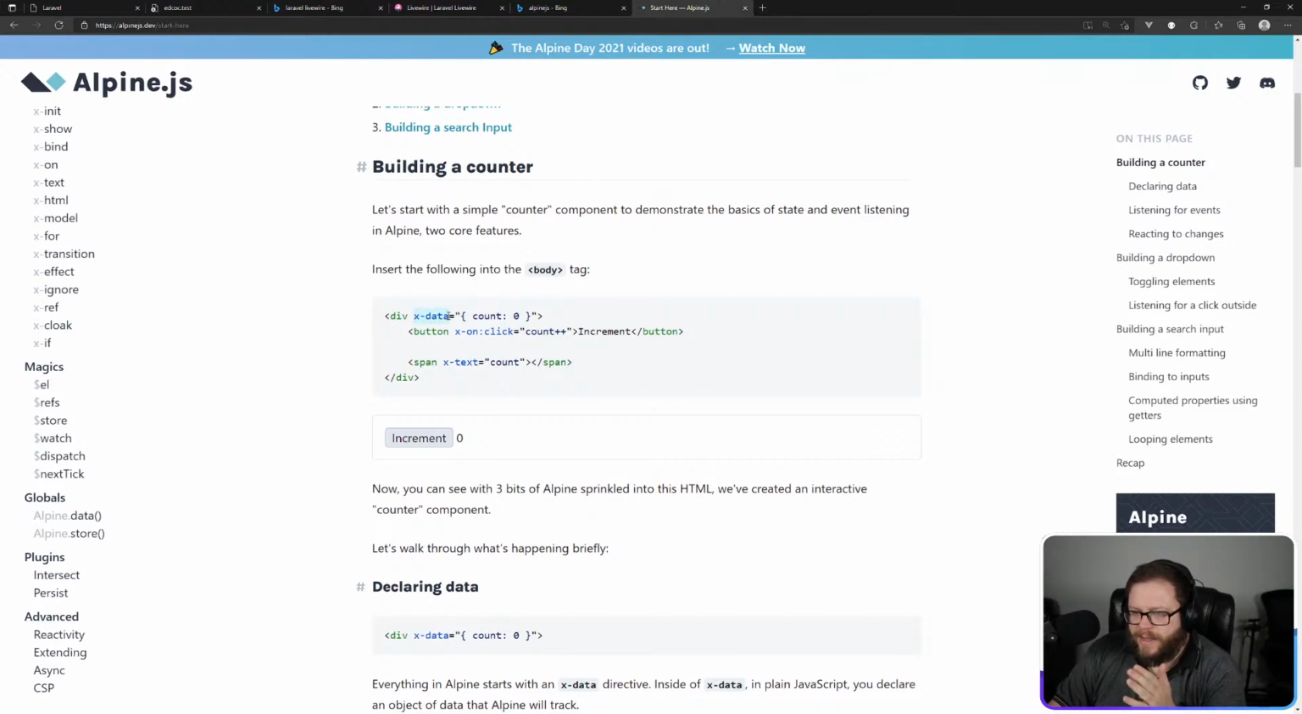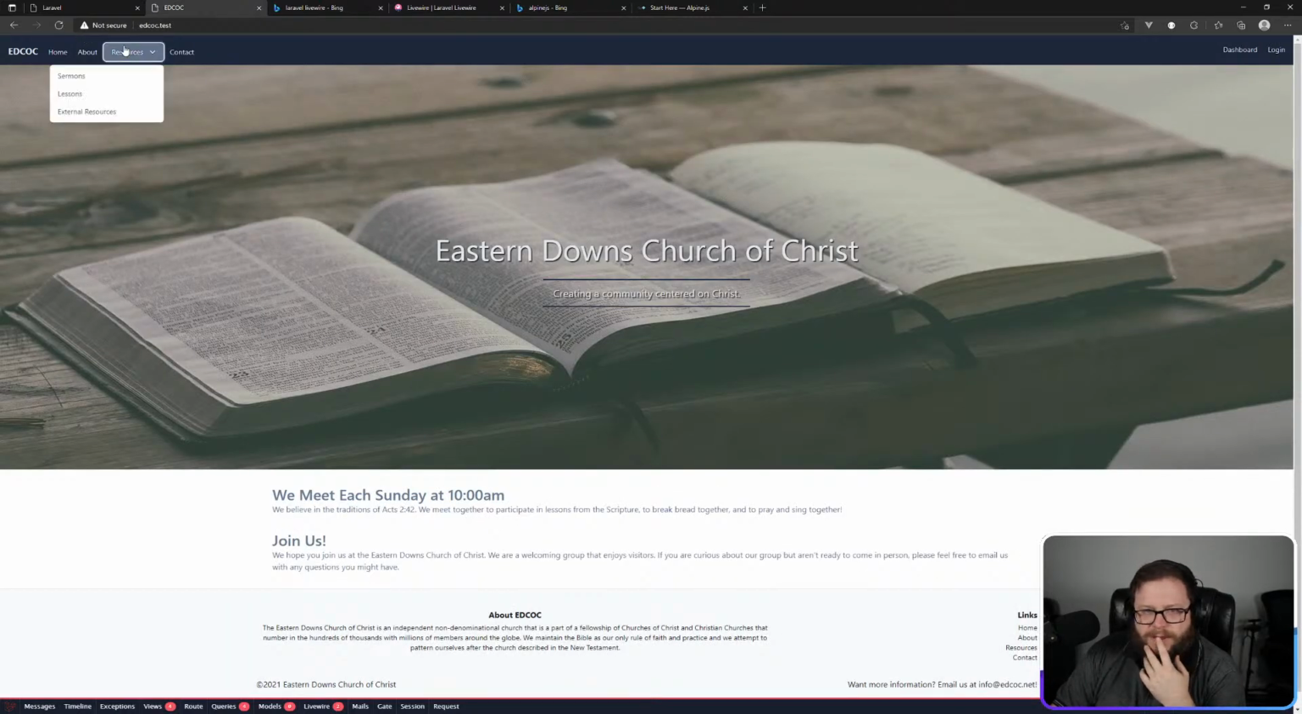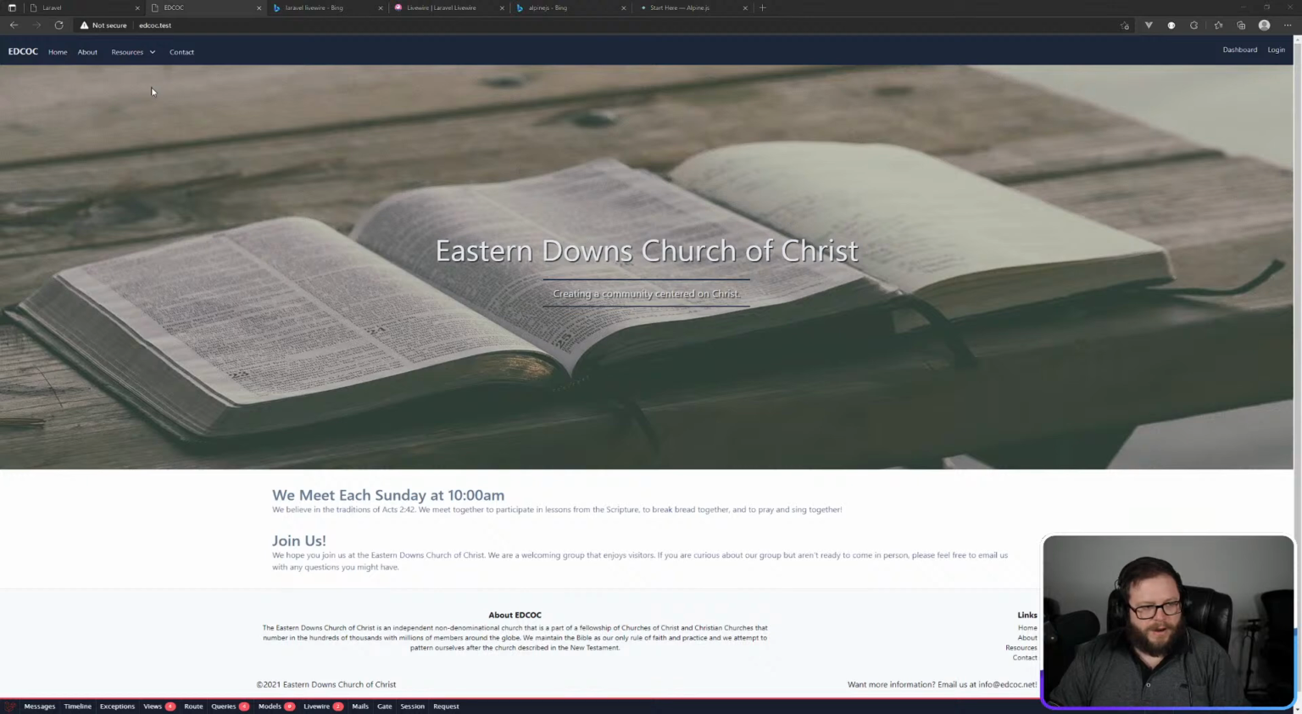You just put x-data onto your whatever, give it a value, and then x-on:click, or you can do @click to count plus plus, so to do something to that value. Awesome. This is going to be great for things like drop down menus and that kind of thing. This thing right here, if you remember from last week, which you may not, we were using a Livewire component to do that, and to toggle that on and off, we were using